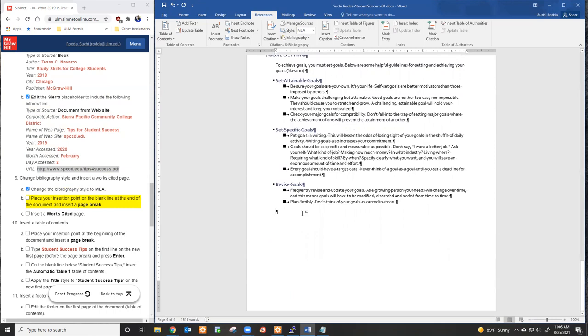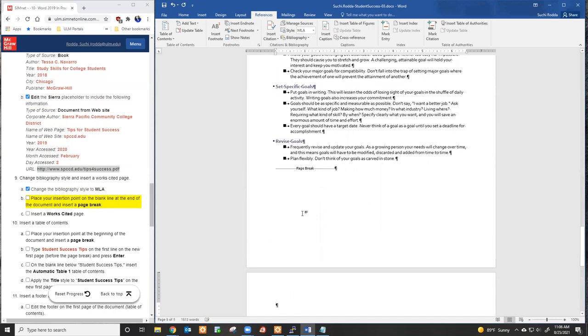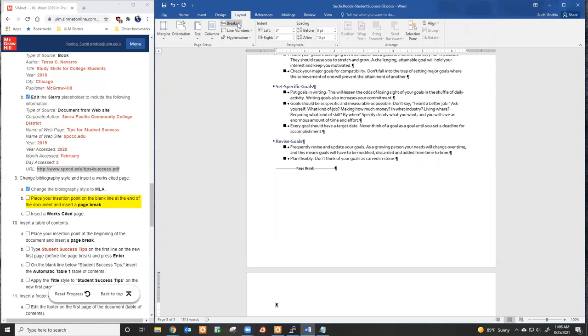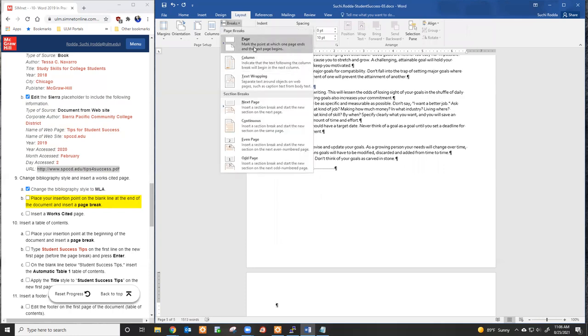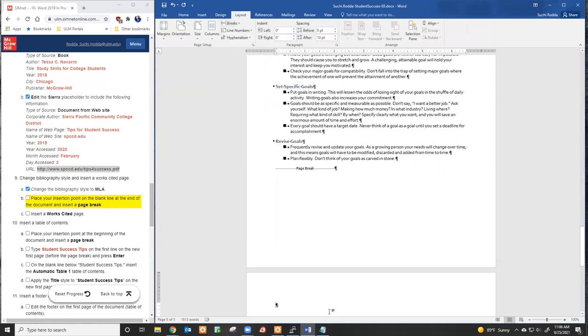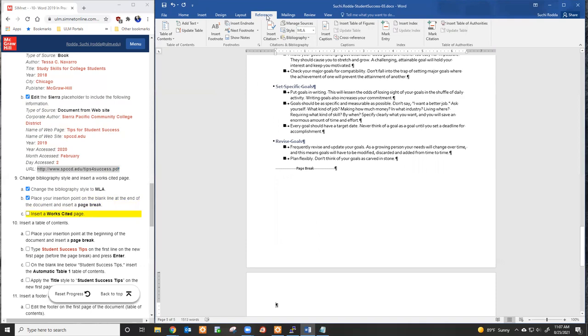There are two different ways to accomplish this. I can press Control Enter and that inserts a page break, as you can see, or I could go to Layout and under Breaks, select Page. It does the exact same thing. Now I have my new page, and here I'm going to go to References and insert